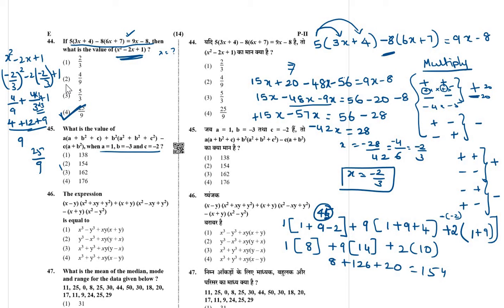The answer is 154. So the important thing in this question is only finding the value by using the sign rule. How can you find the values? By using the sign rule. Okay. So recall the sign rule and on your own change the numbers 1, 2, 3 like that. You can check whether you can do it or not.